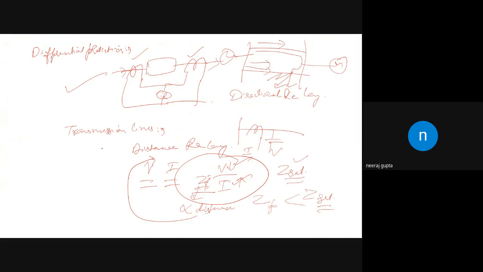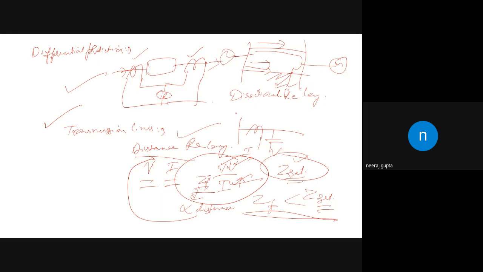So next is the transmission lines, and the transmission lines are spread over a vast area. So we devise a relay known as the distance relay, which takes into consideration the comparison of the voltage and the current. And we have the set value of the impedance. If the fault impedance is less than the Z set, then it will trip. There are many types of distance relays, Mho relay, impedance relay, which we can discuss.